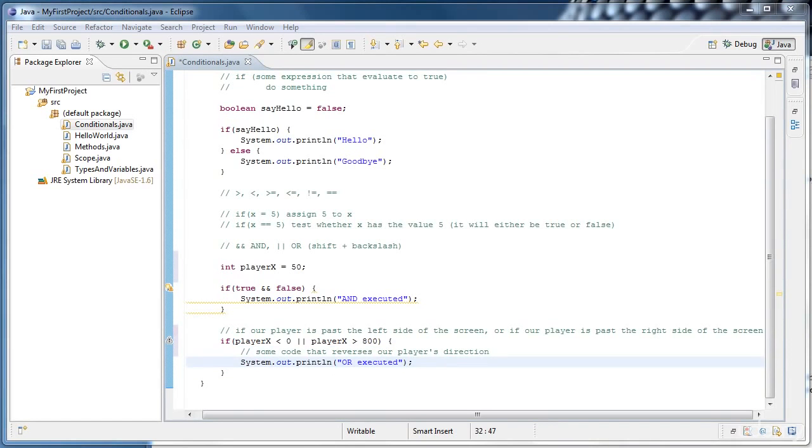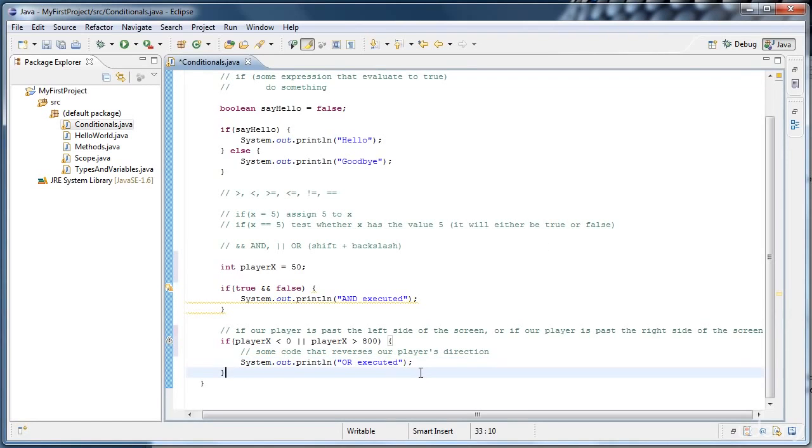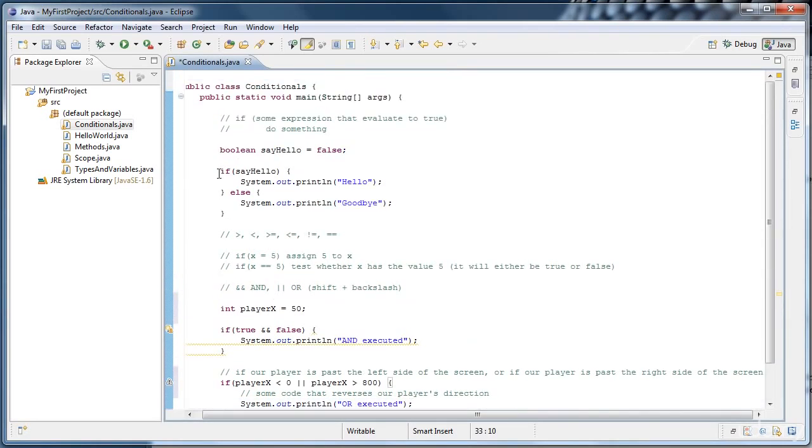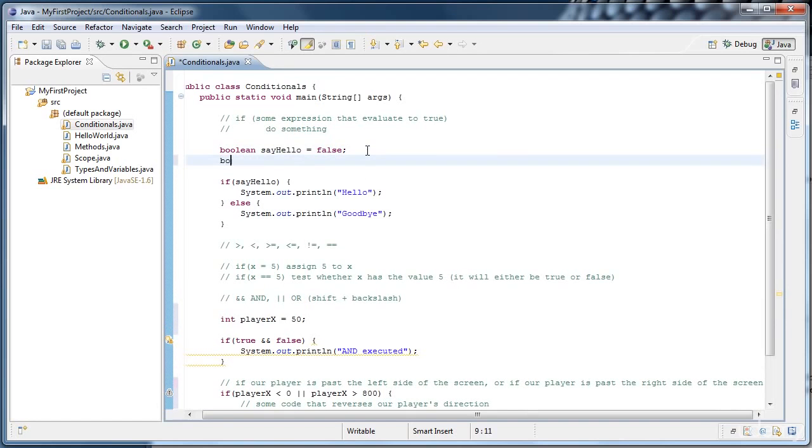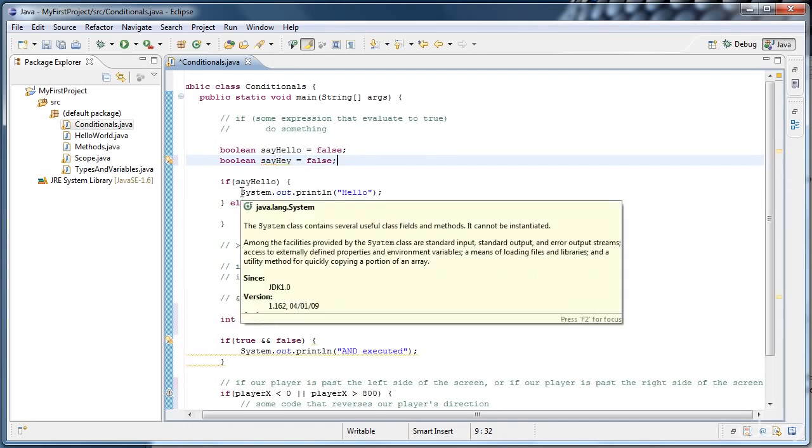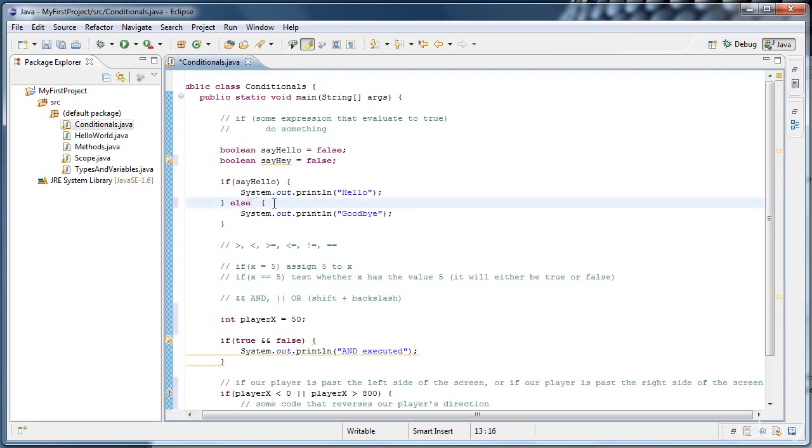Now there's one last thing I'd like to talk about with if statements, and that is that you can chain them together. If we go back up to our first example, where we say if sayHello, we could actually chain several conditionals together. And to do that, I'm going to create another variable called sayHey, and set that equal to false initially. And now we'll say if sayHello do this line of code, else if sayHey, we'll change goodbye to hey, and finally else